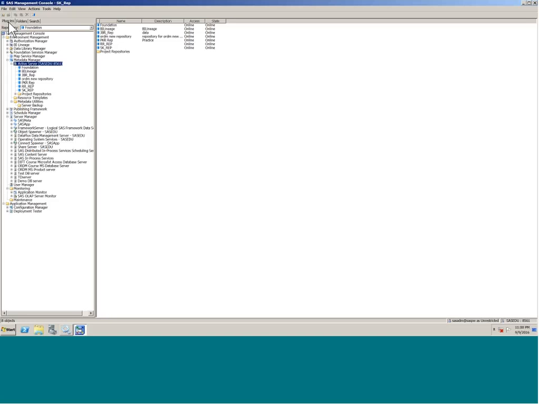Okay, you will work on promotions as well. So the first thing is promotion tools. Difference between import packages and promotion. When do you use promotion tools? When you're moving your content from test to production, or when you have to do any migration, like when you have to migrate from 9.2 to 9.3,